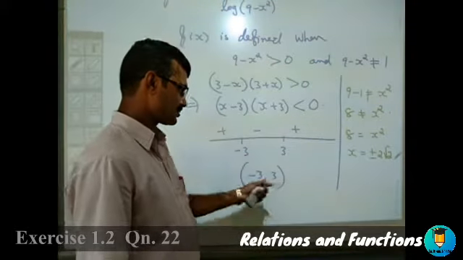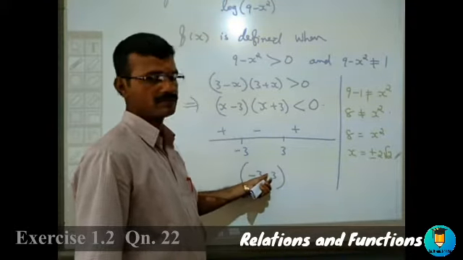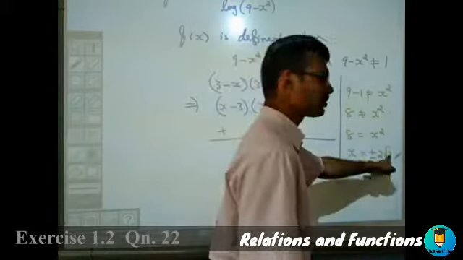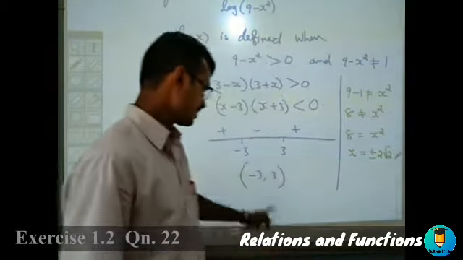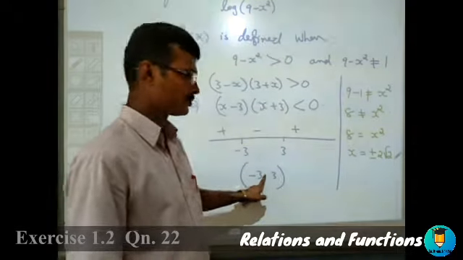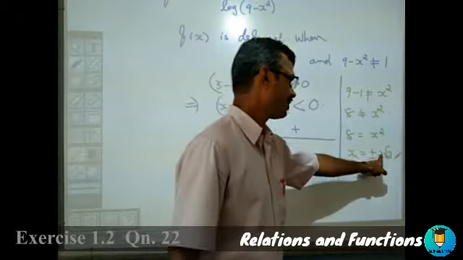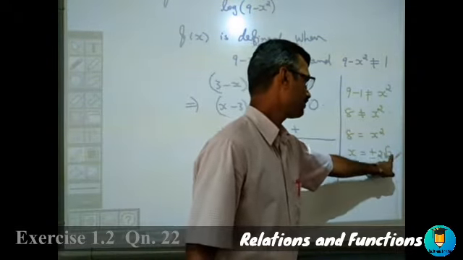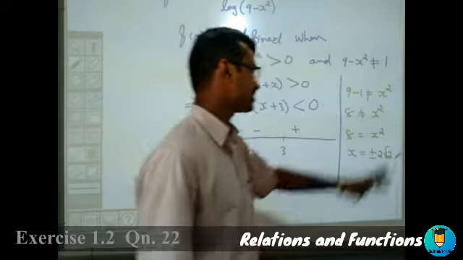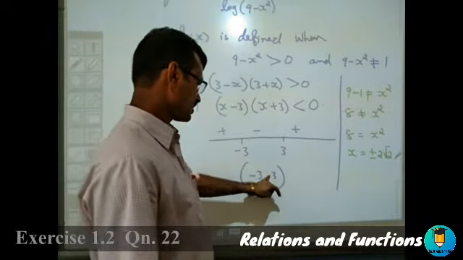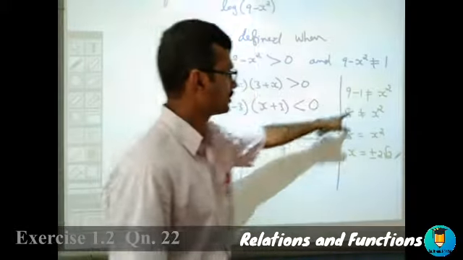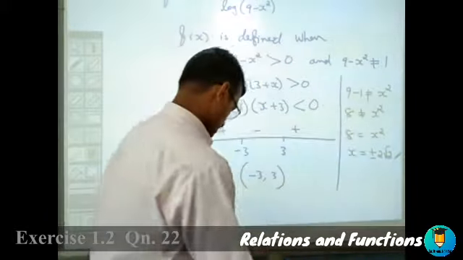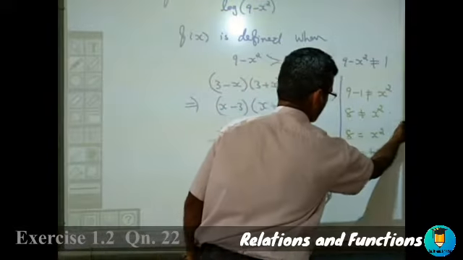We know plus minus 2 root 2 comes in this region. 2 root 2 is approximately 2.8 something, that is 2 into 1.414, so it is coming 2.8 something. So it comes in this region, but we cannot include this, since it is not equal to this.